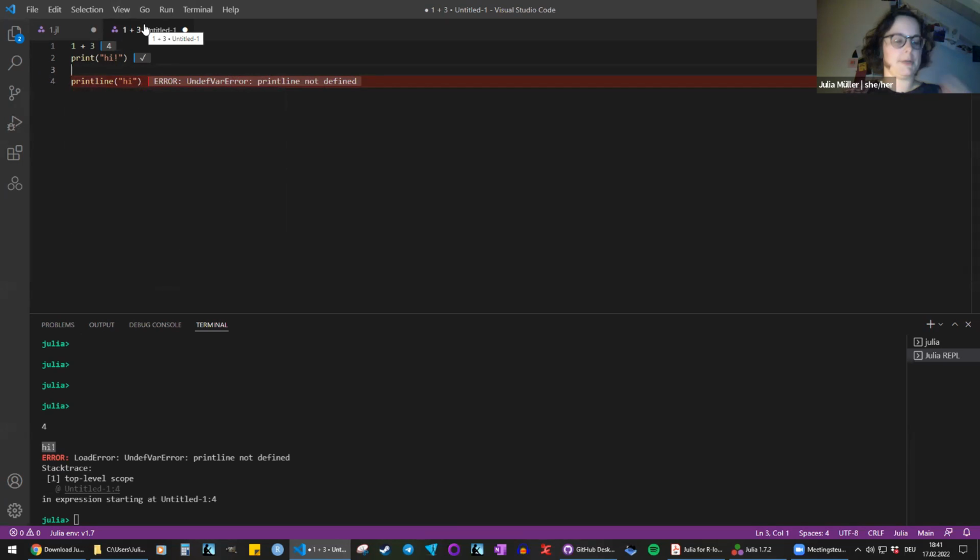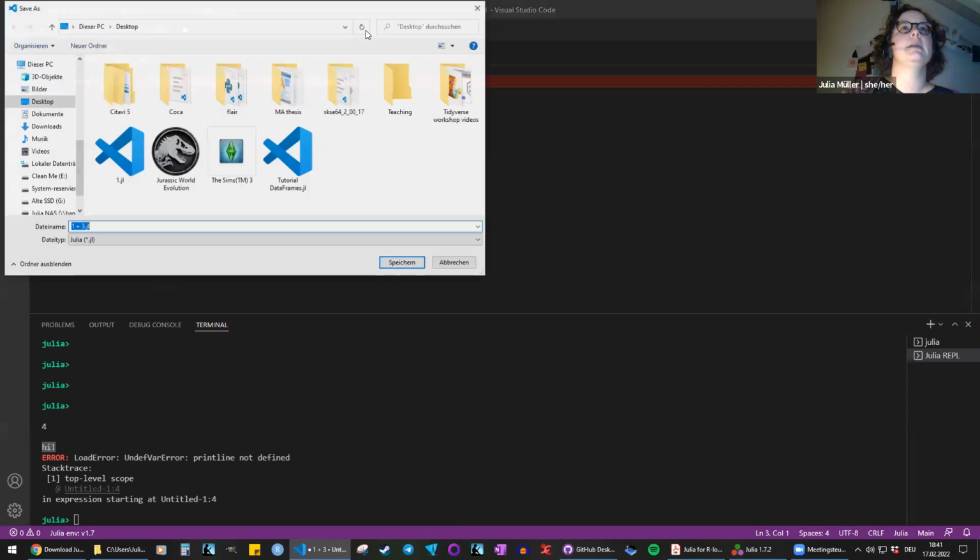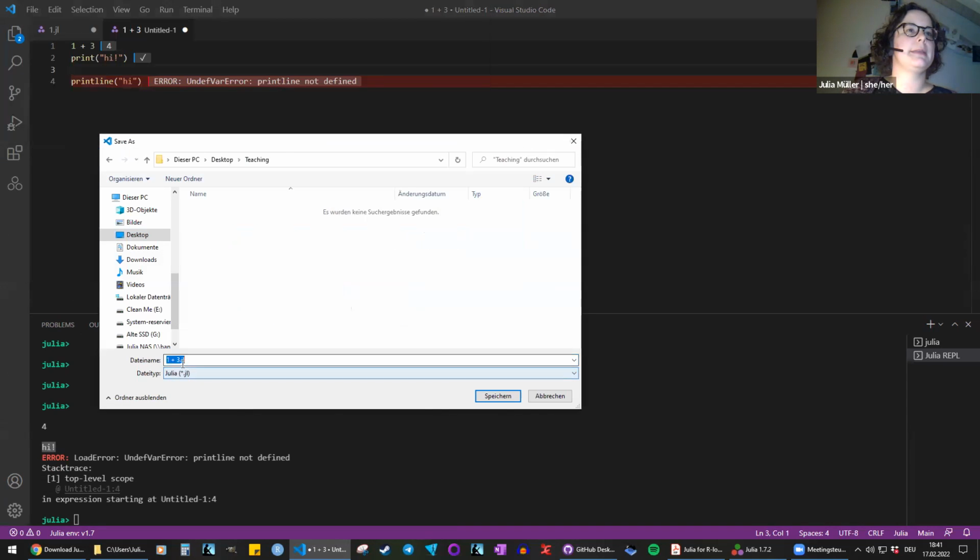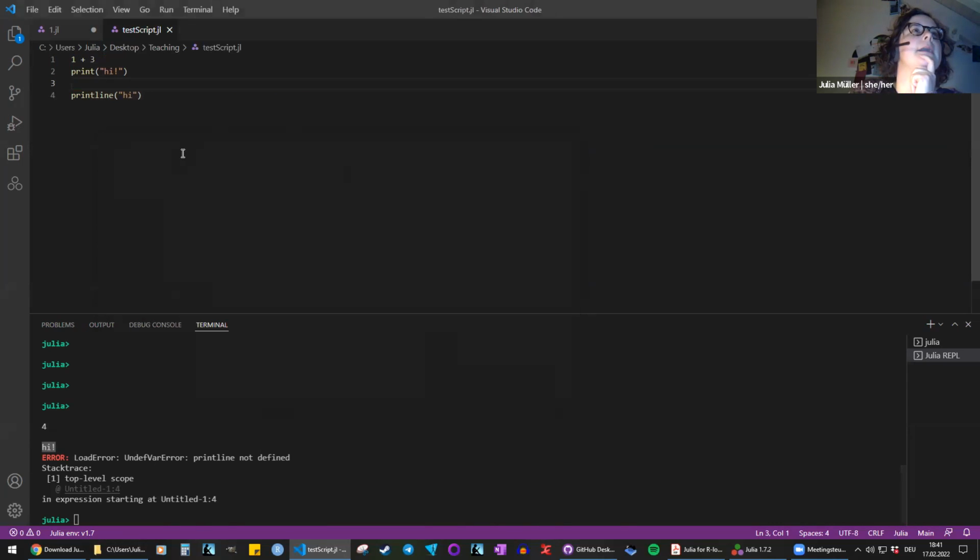And then I could, if I wanted to, save this script and quickly simulate that. Sorry if this is a bit small, but you can see that the ending for anything associated with Julia, so files associated with Julia, is .jl, right? So here I'm calling it test script.jl. I'm just saving that somewhere. And you can see it changed the name up here to test script.jl, the name of the file. So anything associated with Julia is going to have that JL ending. Right, so that's VS Code, just very quickly, just in case you see that.